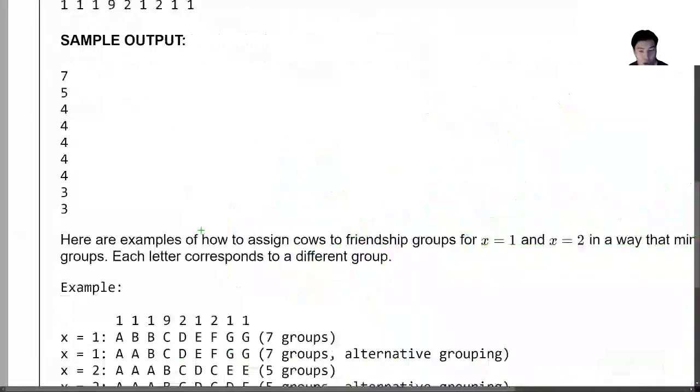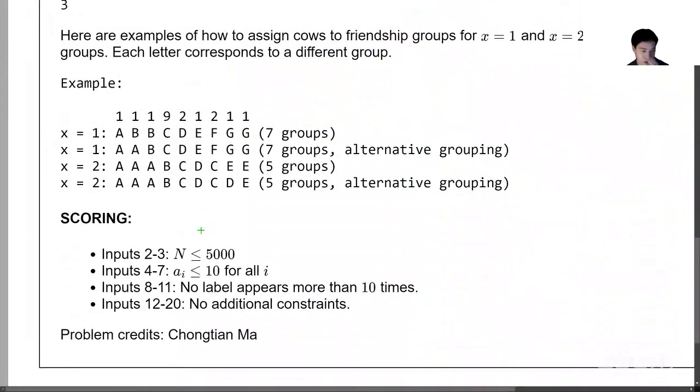Okay. Yeah, so that's it for this problem. Overall,